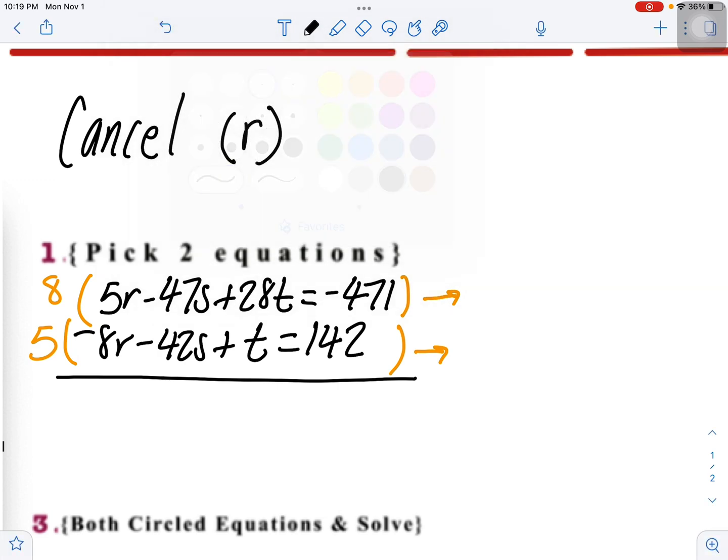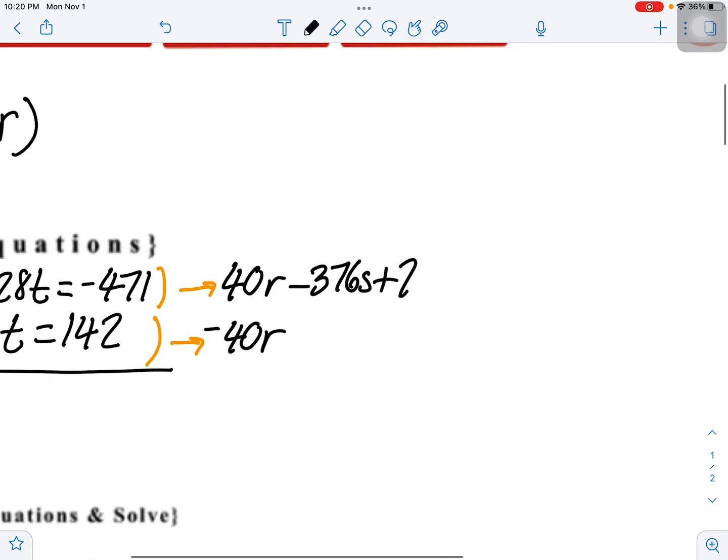So what I get is 8 times 5 is 40r. 8 times negative 5 is negative 40r. That one's easy, right? 47 times 8 is 376s plus 28 times 8 is 224t